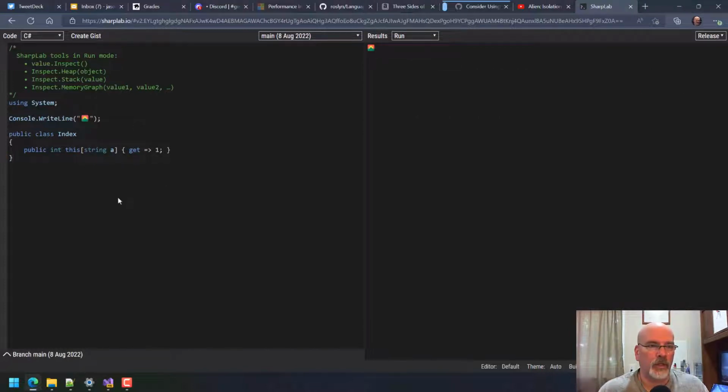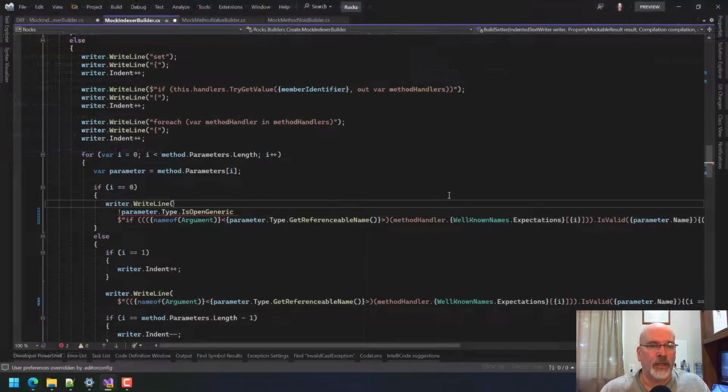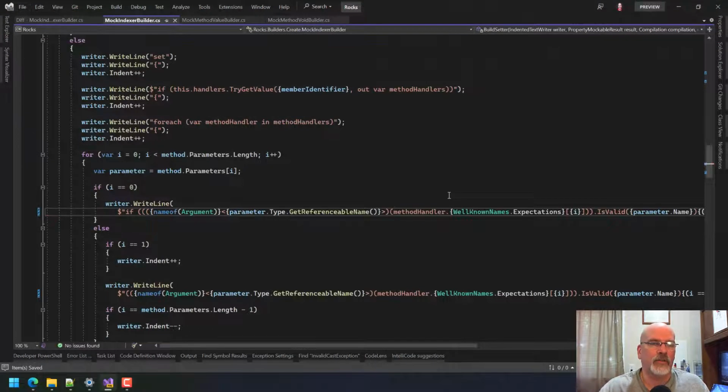Okay. But I can't do this of T and say T. Yeah, unexpected use of a generic. You cannot put generic. So we don't actually even need to worry about this. So I stand corrected. Indexers don't matter.